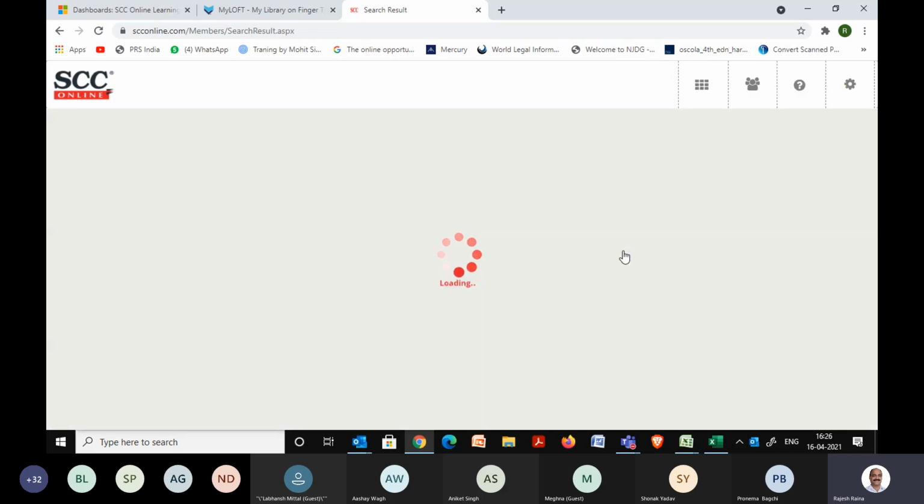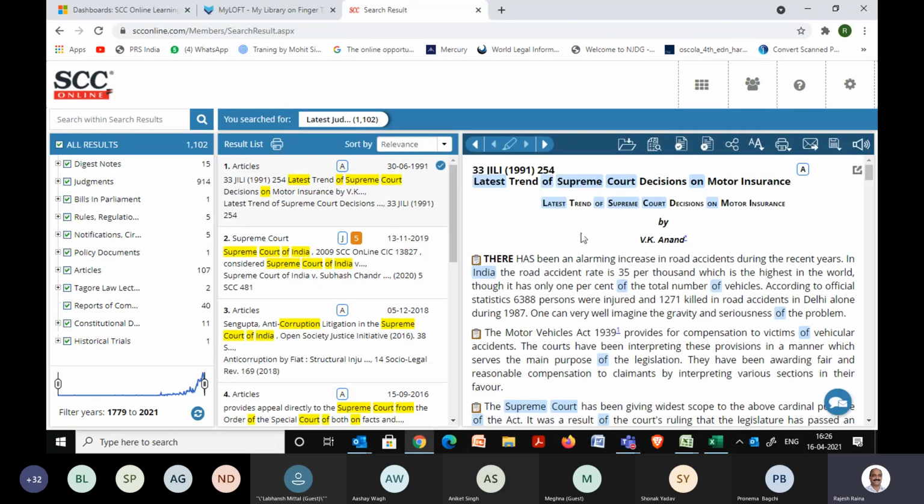The results will show me all the documents, whether it's a full text judgment, a High Court judgment or a Supreme Court one, or our USP, that is the digest notes, the summary point law points section, then bills in Parliament and all those databases where this particular query meets the criteria, like corruption. But then you can see over here in the result list, it's showing me articles on top, whereas the second one is of the Supreme Court. So it's a mix of all, right? And the total number of results that I have got is 1102.